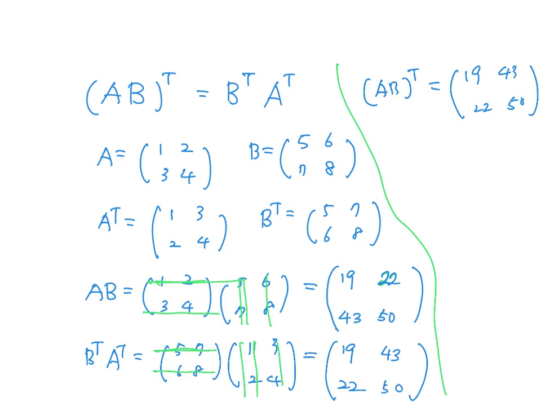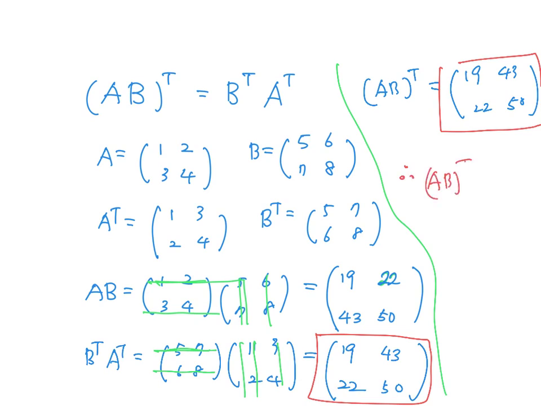So if you compare this result with this, they're the same, right? For in this particular case, we have (AB) transpose is B transpose A transpose. So in terms of the matrix multiplication,